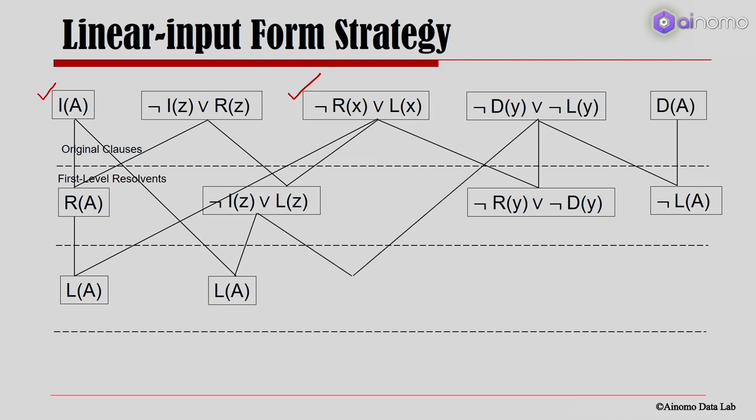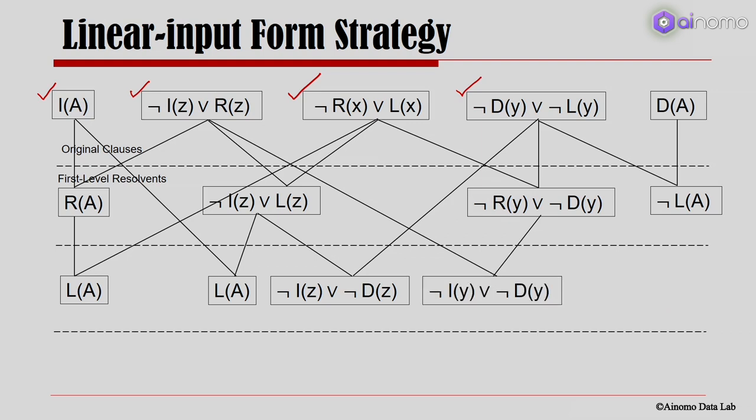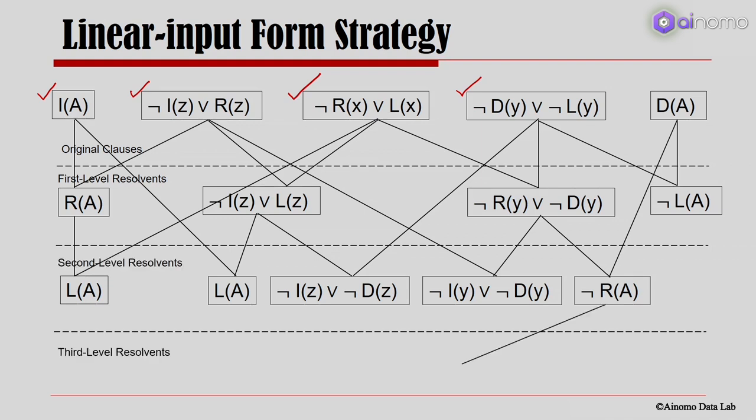Here there is a complement of L in the base set. So, I have not of I or not of dz, and here I have a complement of R. Here is not R and here is R. So, I would have here not of I y or not of dy. So, these are my second level resolvents, and then I look for third level resolvents by looking at again the